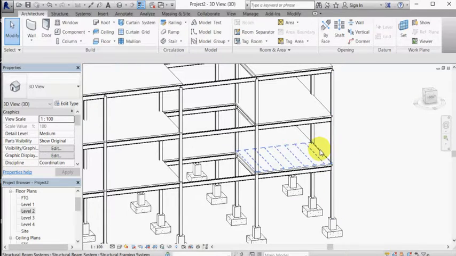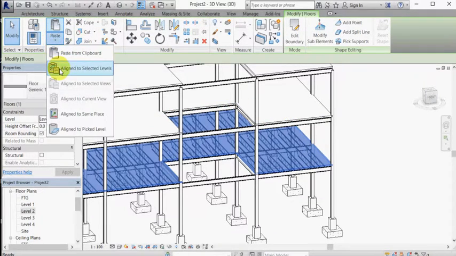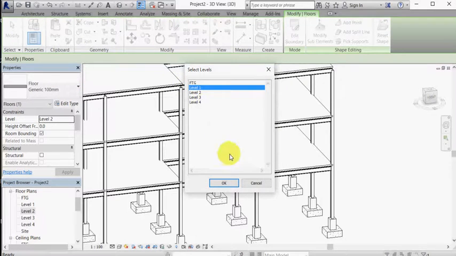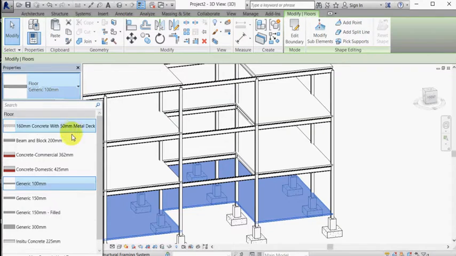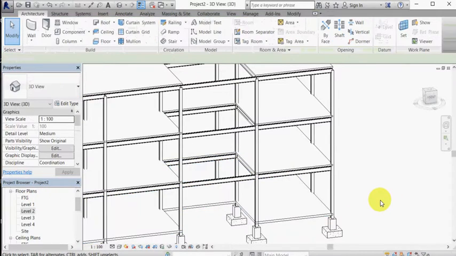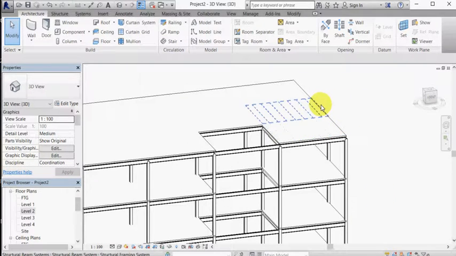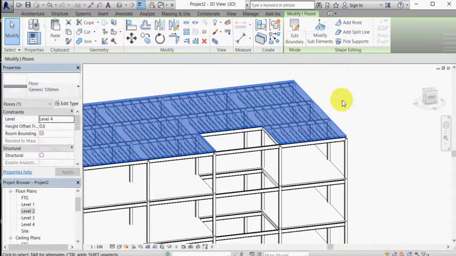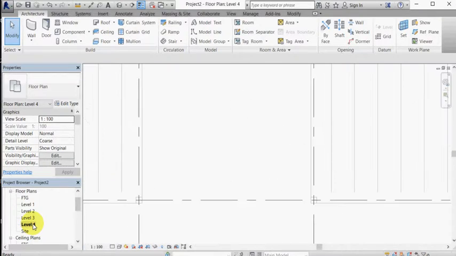we need something on the ground, so let's select this slab, copy, paste aligned to selected levels, put it on level 1, and then modify it back to, or swap the type back to 150, which is your standard 6-inch slab. Okay, if you want to get fancy, select this floor and delete, and then let's go to level 4, and